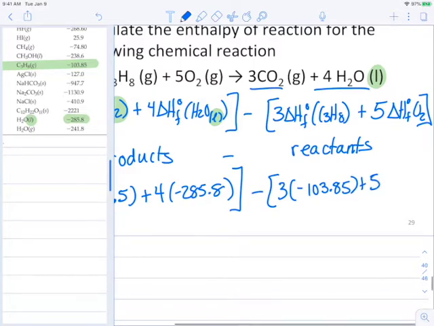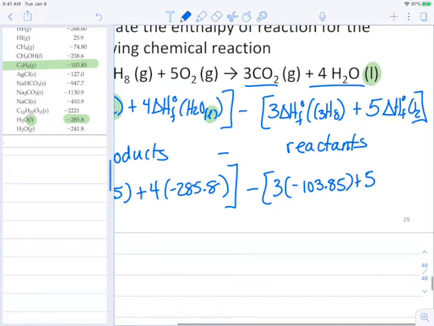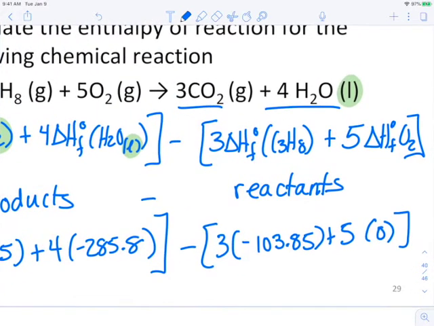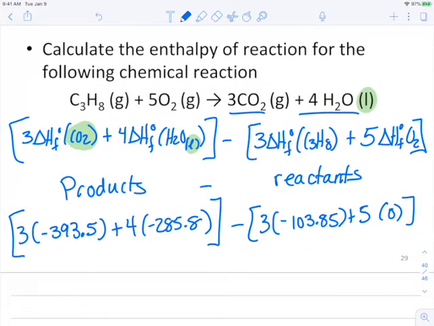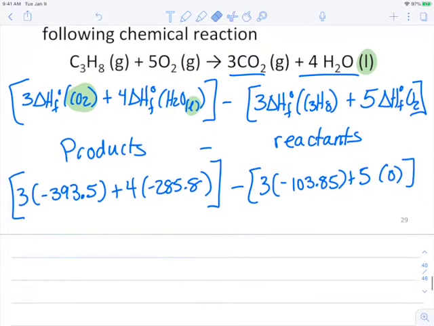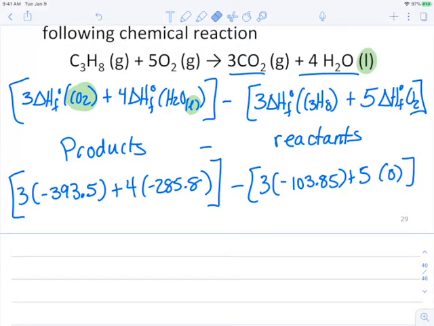All right, so plus 5 times, what is the delta H formation value for oxygen? 0, excellent. All right, so I have written this out just in lots of detail, so you can see everything I did. Those of you who immediately realize that oxygen is 0, you can just go ahead and cross it out. But I just, again, did all of this so that we could take a look at how it's all laid